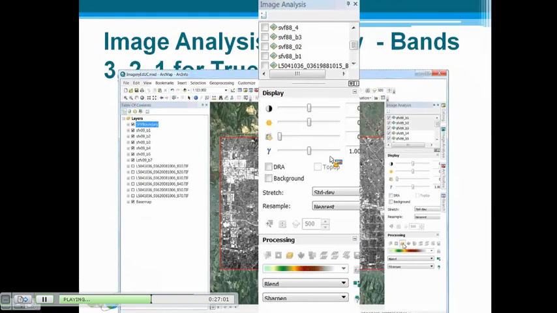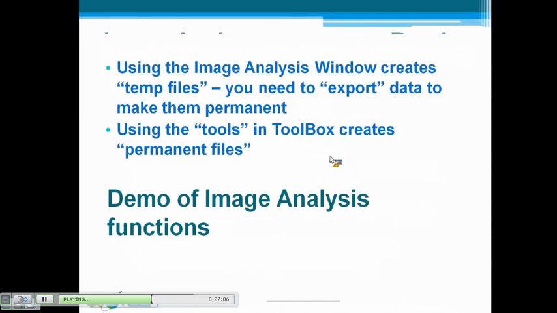Here's that image analysis window. We're going to take it, and I'm going to use it in just a minute to do some processing. A couple of caveats here. The image analysis window creates temp files. So if you really want to save those and use those in other projects, you're going to want to right-click on it and say export data and save it in the type of raster format you want to save it. If you want it to be a permanent data set from the beginning, you can use the clip tools that I showed you, and those you give a permanent name and location. So we're going to go to